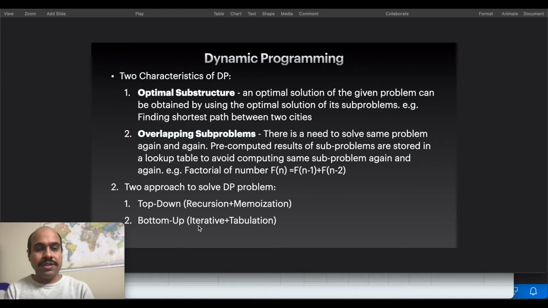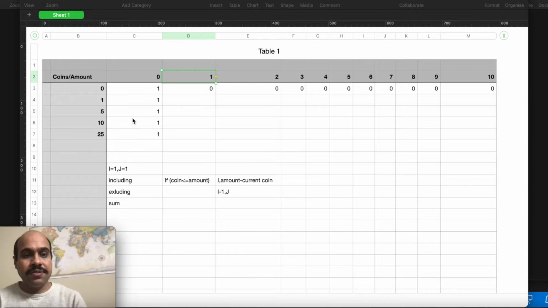Okay, so now let's see the second approach to solve a DP problem, which is basically iterative plus tabulation, and it's bottom up. It means we solve the smaller problem first and then we use them to solve the bigger problem. Okay, so we create a table basically, so you can see it's a table or 2D array, and